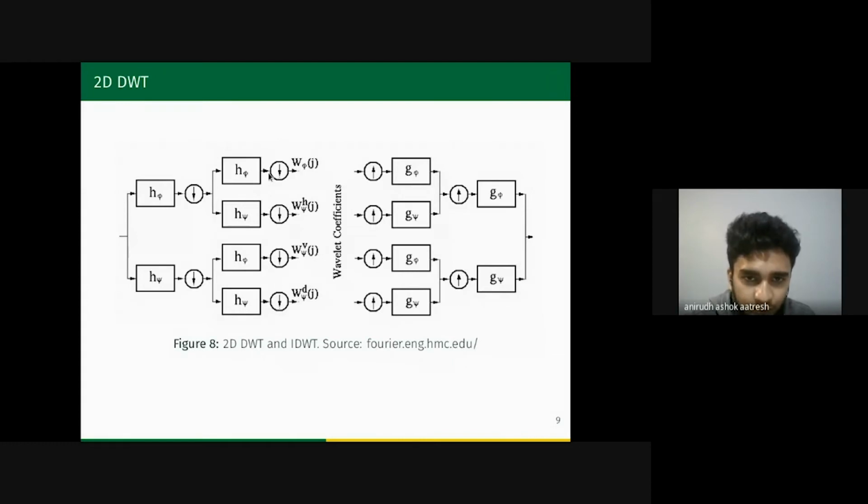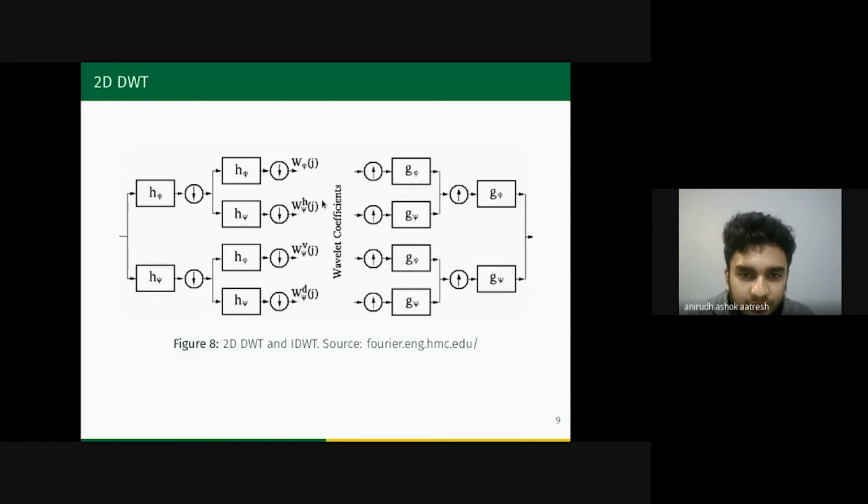Similarly, once you compute a two-dimensional discrete wavelet transform for one level, you will have four such matrices which contain the wavelet coefficients for different frequencies. W psi of j will contain low frequency along the column and low frequency along the rows. This will contain low along the column and high along the rows. Similarly, this will contain high and low, and this will contain high and high frequencies.